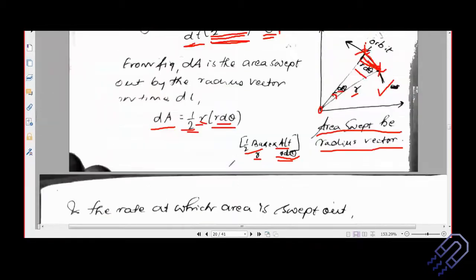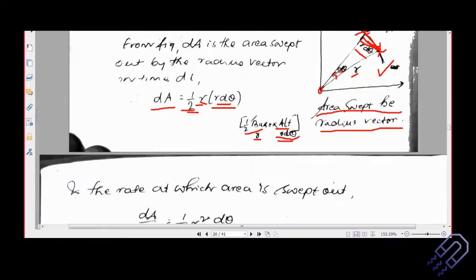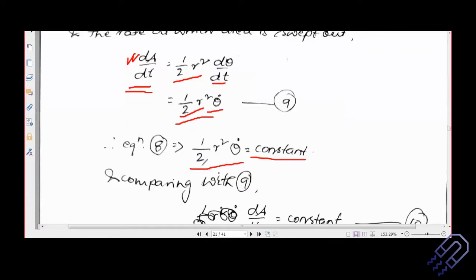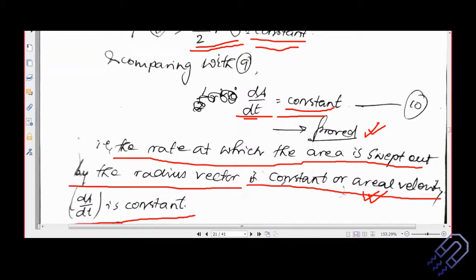But from Lagrange's second equation of motion, we can see that d dt of half r square theta dot is 0. That means half r square theta dot is a constant. But from here, what is half r square theta dot? It is dA by dt. So half r square theta dot is constant. That means the area swept out is constant. The rate at which the area is swept out by the radius vector is constant is the statement for Kepler's